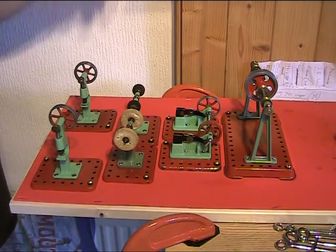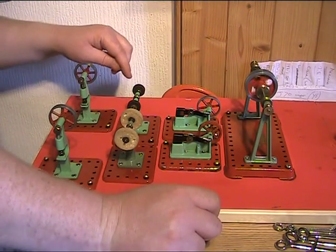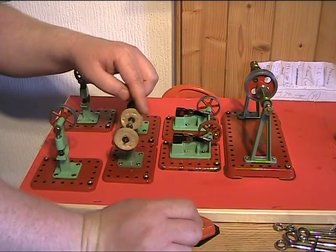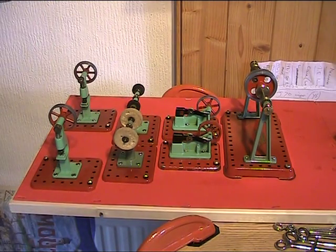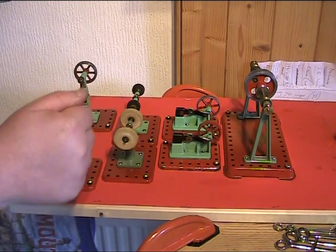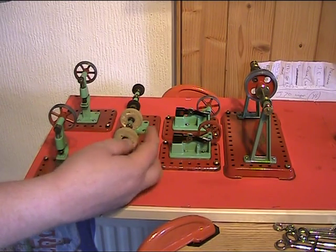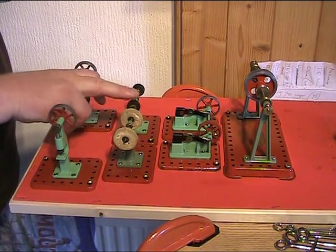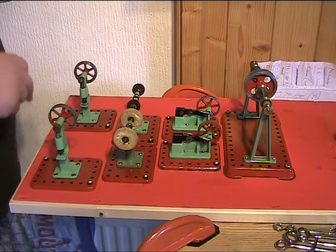I've checked and checked and checked to see if everything's lined up, and they all seem to run freely. I've got to oil the line shaft. Everything's been oiled. This polisher didn't spring very well at all, so I took it apart, and it was a little bit grubby, a bit pitted, so a bit of emery cloth, then I polished it and then oiled it, and it runs quite nicely now. But there's very little weight on the polishers themselves, a bit wonky mine, so that really I suppose doesn't help the spinning, whereas a little bit of extra weight on the grinder spins very well. That just wanted a bit of a wipe over and oil. They've all been oiled,